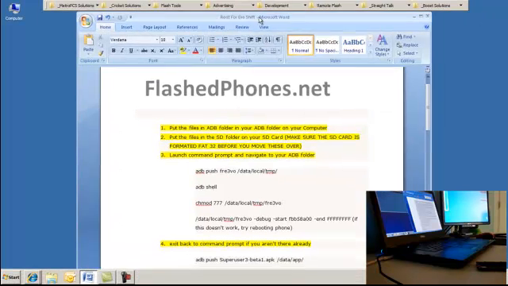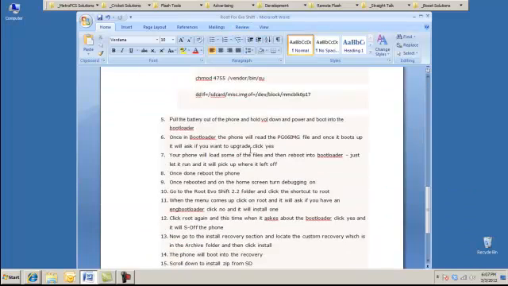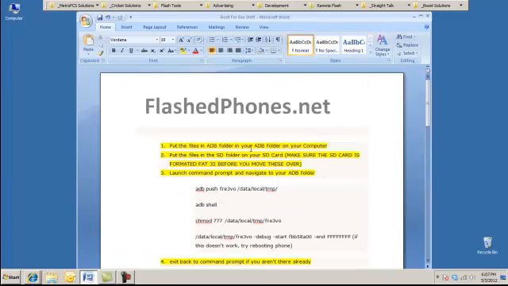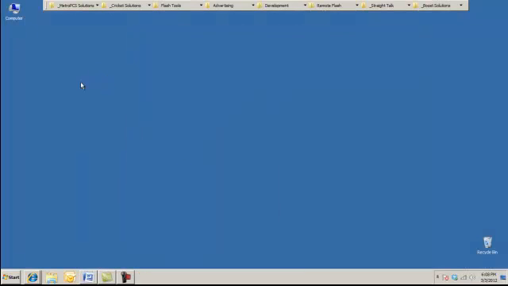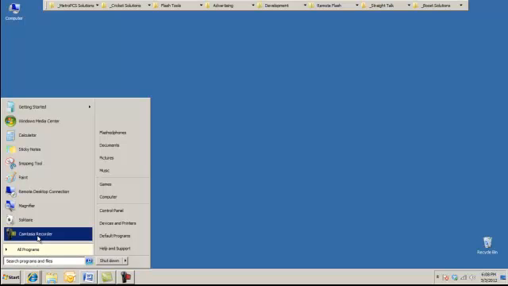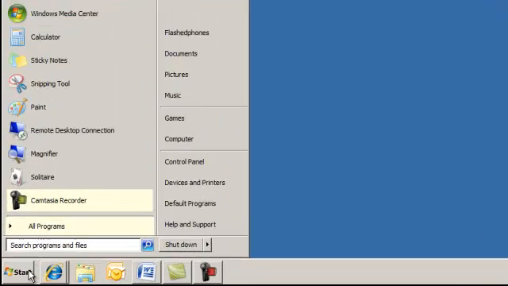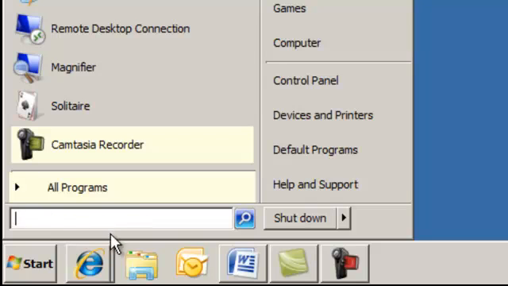Okay, so now let's go ahead and start running the commands. Now, these are the instructions, and those are included here in that file. I'm just going to move them off screen for a moment, and then I'm going to show you how to access the ADB commands. You can come here to the Start menu, and in the little search box down here,